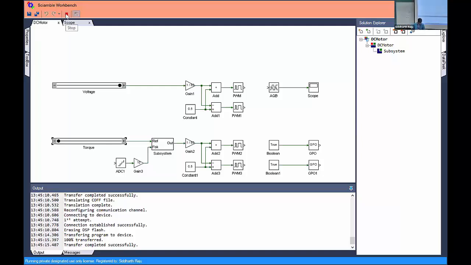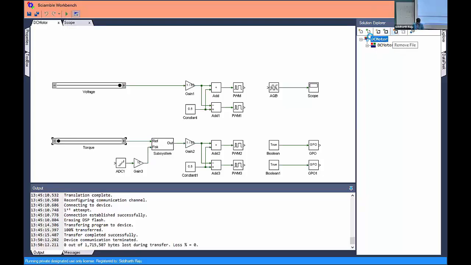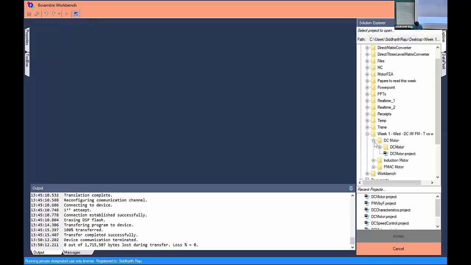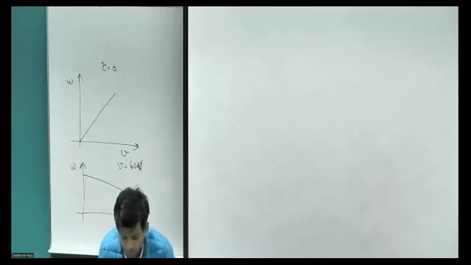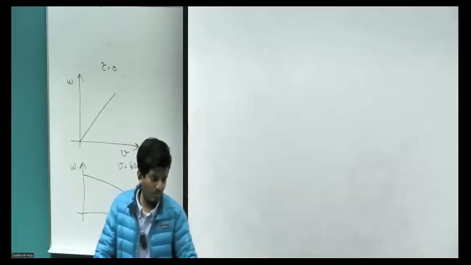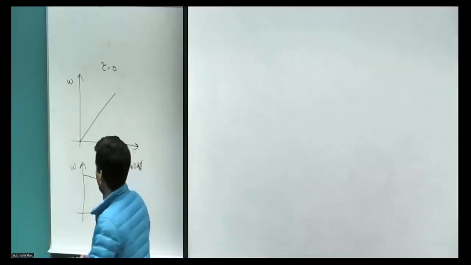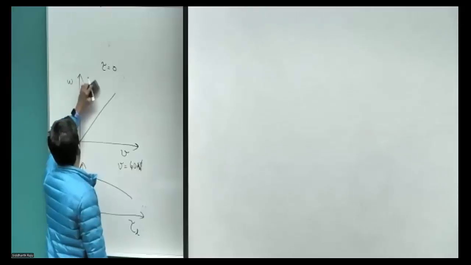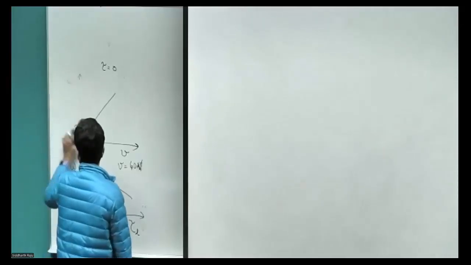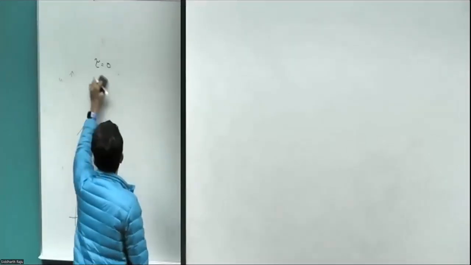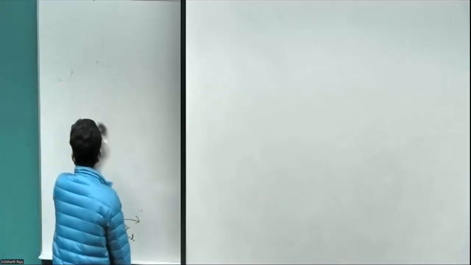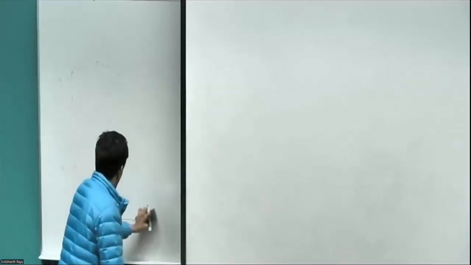Let's look at how the AC motor is going to behave. Let's start off with the simple one, the induction motor. The induction motor, unlike the DC motor that we just saw, is an AC motor, and we just cannot apply a DC voltage to the motor and expect it to rotate. So we have a different control mechanism for both the induction motor and the permanent magnet synchronous motor. We use a control mechanism called V by F control, which